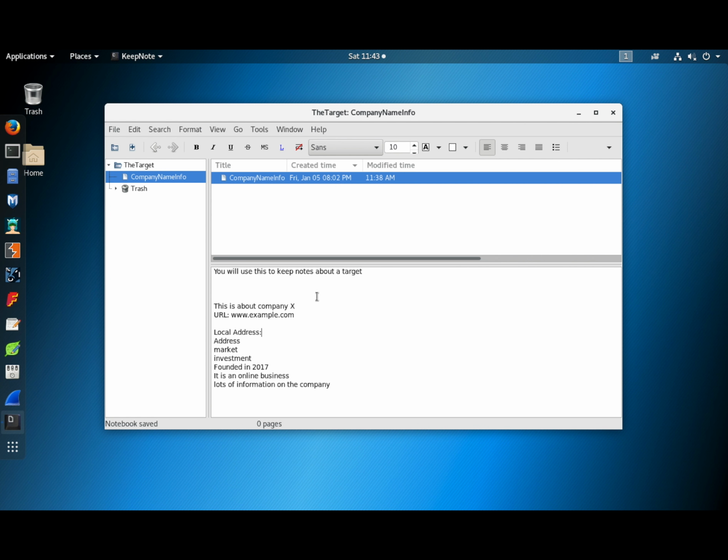So if you wanna add another child page with more specific information that we've gathered, such as like email address, we could do that as well. So there's a lot of editing features in Keepnote. You could change the name, change the font, change the font style and stuff like that, change the font size as well. So just play around with it